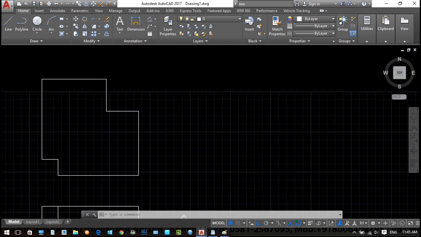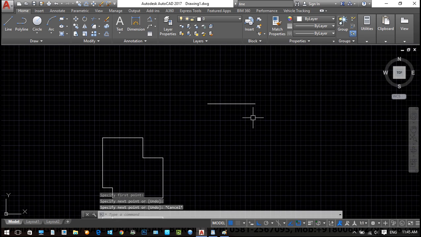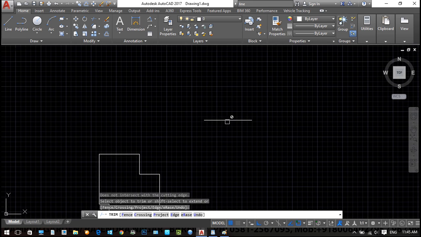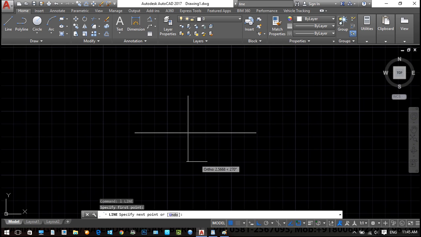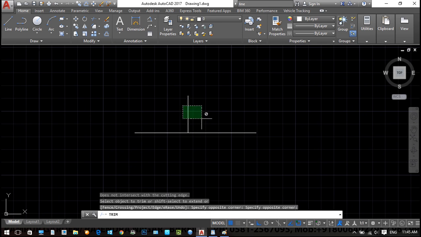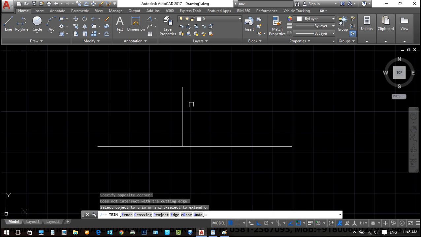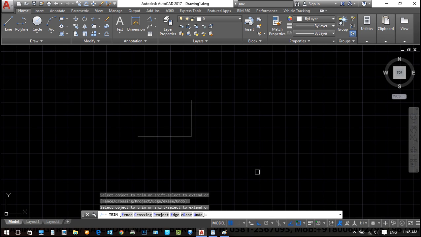Go to this type of condition, just like we are having a line like this. Then we utilize TR, enter, enter, and then we click this. That will not work because they are a single entity. Okay. Now we create a line like this. We TR, enter, enter, go to trim. So it will not work because this is a complete line, not intersecting. So now we click this.